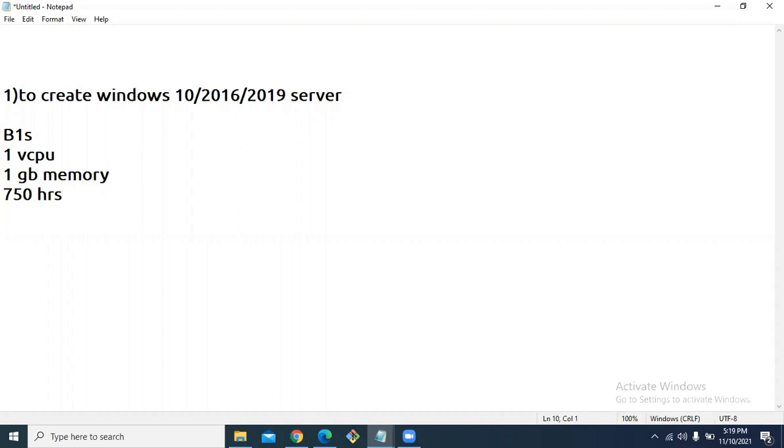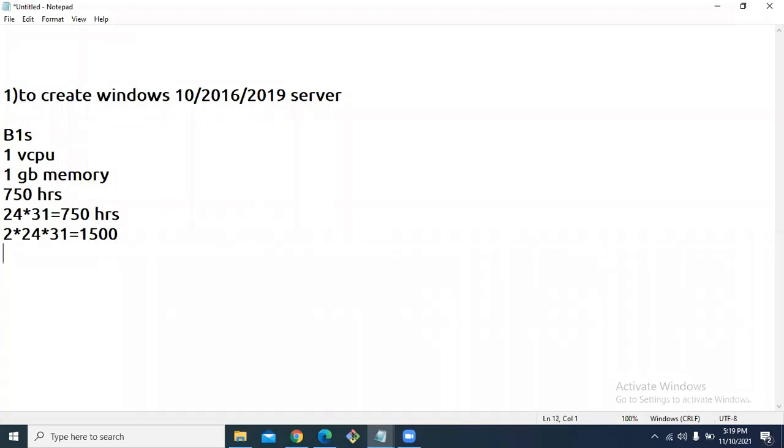Suppose you are using a virtual machine for 24 hours in a day. Per month, how many hours will we get maximum? 750 hours, right? Suppose I want to use 2 virtual machines: 2 into 24 into 31, approximately 1500.